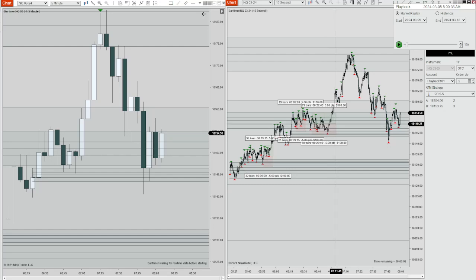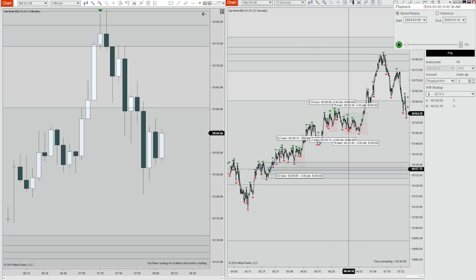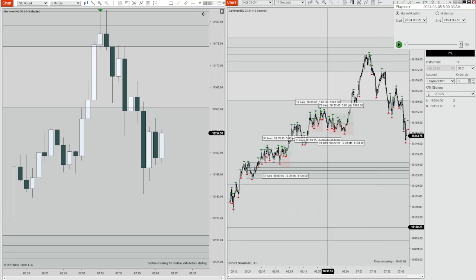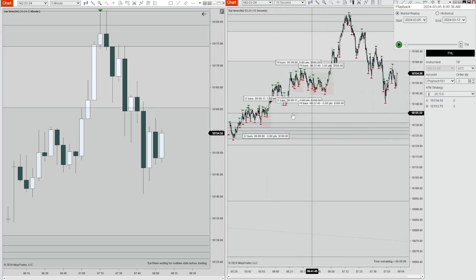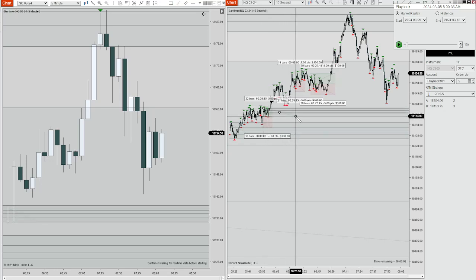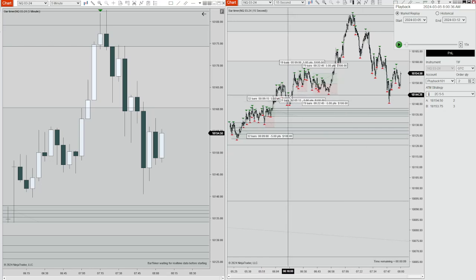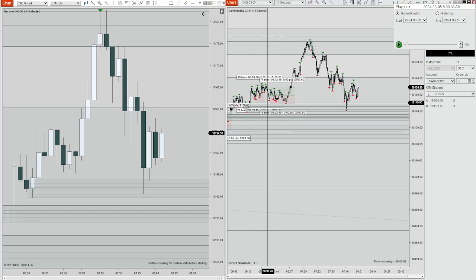But if we're going to be going short, where are we going short to, right? Let's delete some of this, clean this up. So I'm thinking tap back into this zone that is not mitigated, right? You also have some of these, we have some zones here. This is unmitigated, here is unmitigated. So we just tapped into this unmitigated zone and came back up, sweeping all these lows,